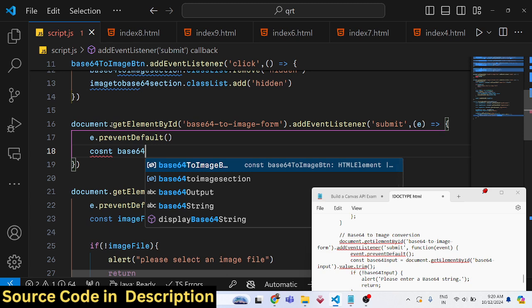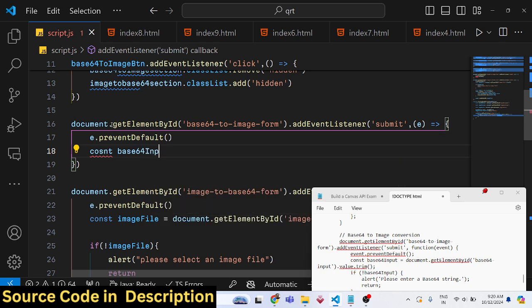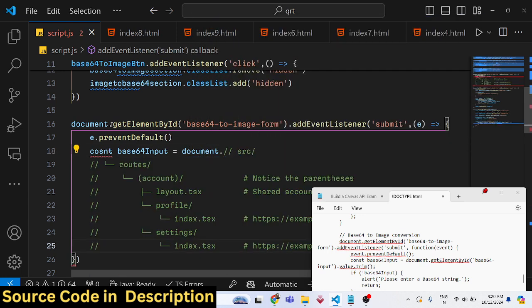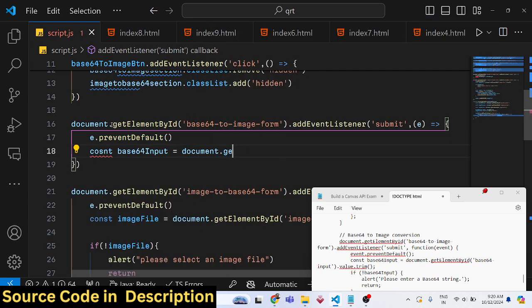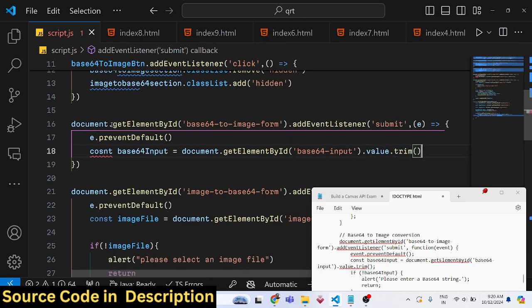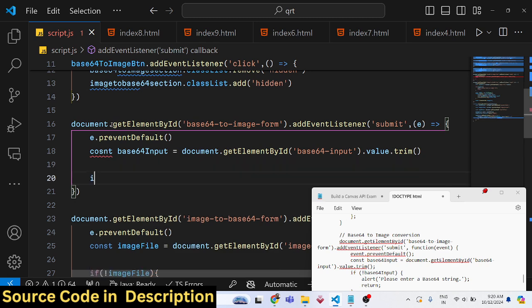This time we'll be getting the base64 input, which is submitted by the user. We also need to trim the value as well, trim it, remove the white space, and